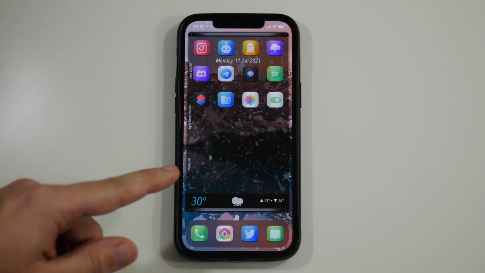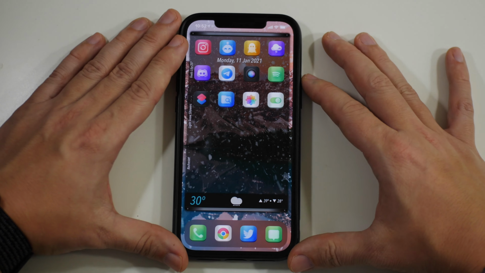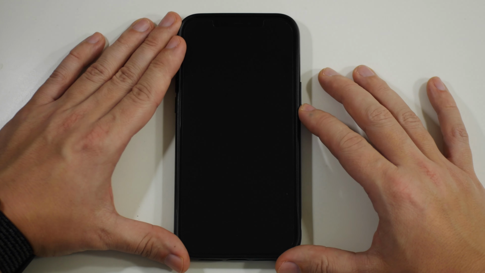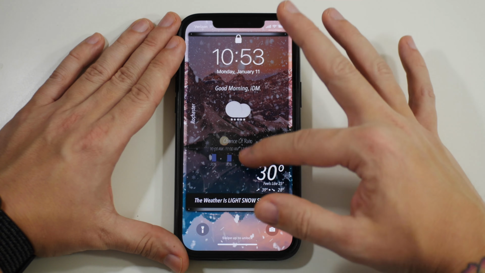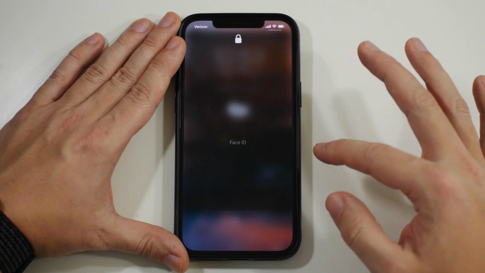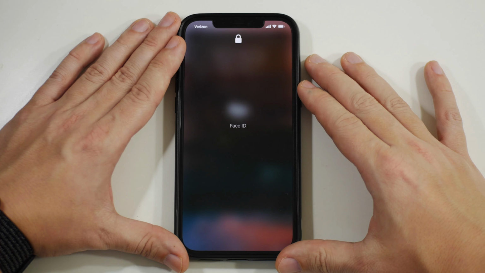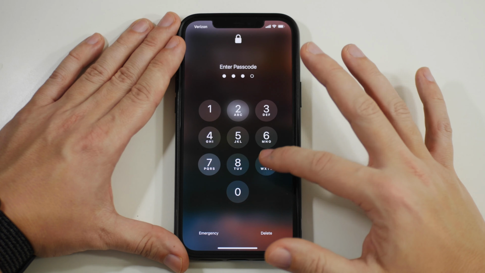All right, so there you go. As you've seen, it completely changed my setup. If I go to the lock screen, as you guys can see, that's completely custom as well with live weather information, overlays, backgrounds. It's pretty nuts. So now what we can do is we can go back into shortcuts, and let's say you want to change